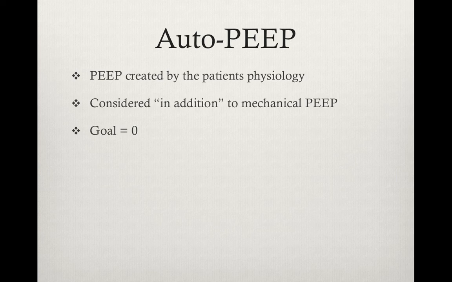So if I have a patient who's pulling an auto-PEEP of 5 and I'm giving them a mechanical PEEP of 5, then they have an actual PEEP of 10 centimeters of water. And there are some different strategies to reduce auto-PEEP that we'll discuss in great depth in the future. So our goal for auto-PEEP is 0. Patients should not be retaining anything that we don't want them to retain. They should not be air trapping, and therefore should not create any extra pressure other than what we set on